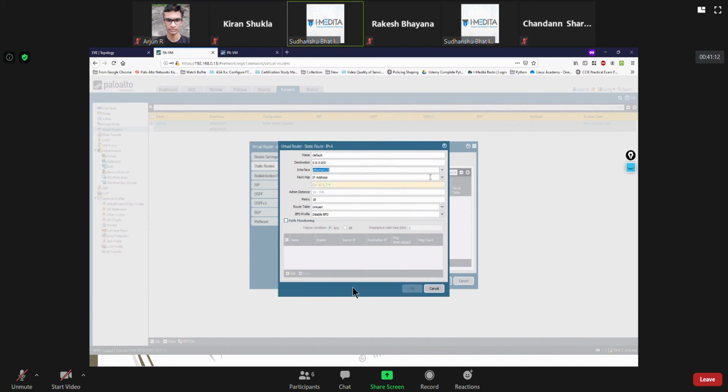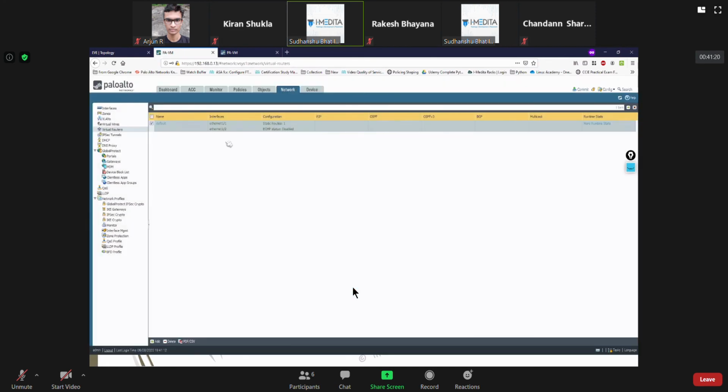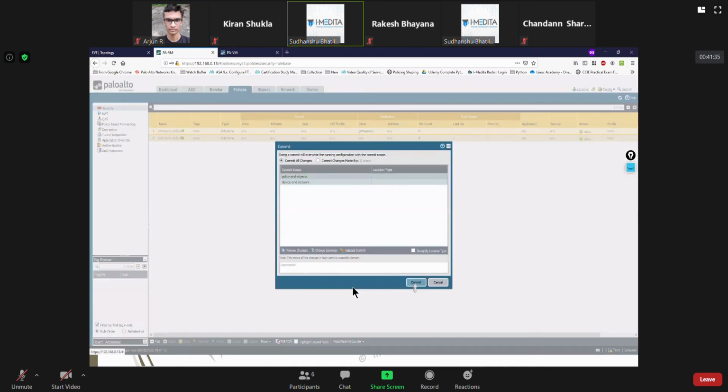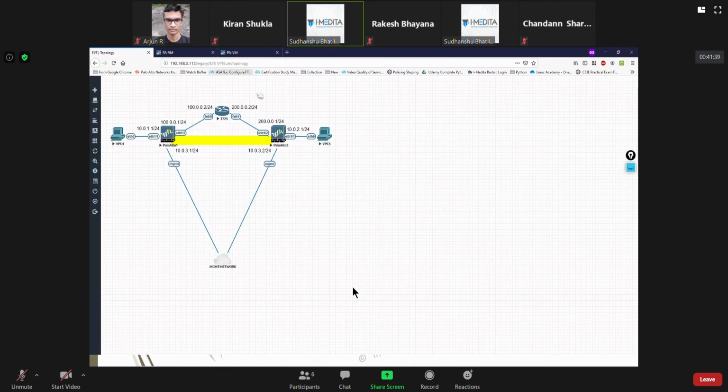Interface Ethernet 1/2, 100.0.0.2, the next hop IP. That's it for the initial configuration, the basic setup. Then we'll go into